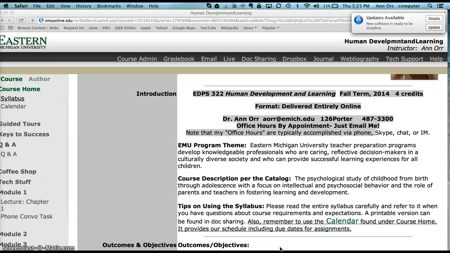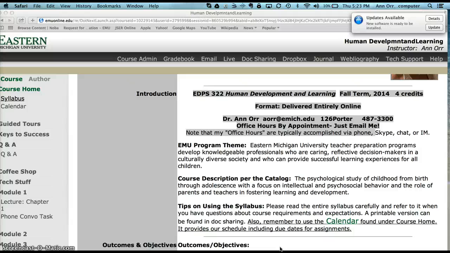classroom settings. And we are also going to spend an equal amount of time on human development from infancy all the way through adolescence and beyond, so that you as a teacher have an understanding of what you should be expecting in terms of thinking and behavior and emotions at each various age. So it's just such a fundamental course. It's my favorite course to teach, and I'm hoping to convince you of the importance and really fun that this